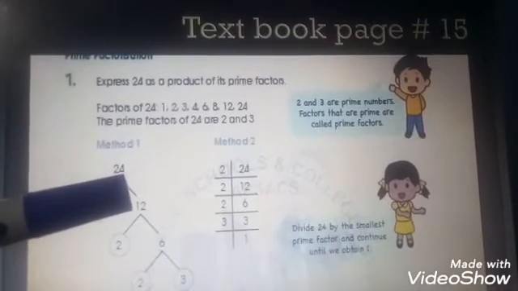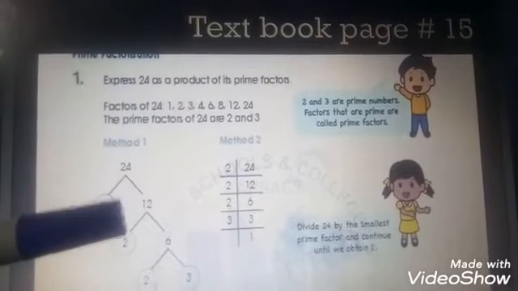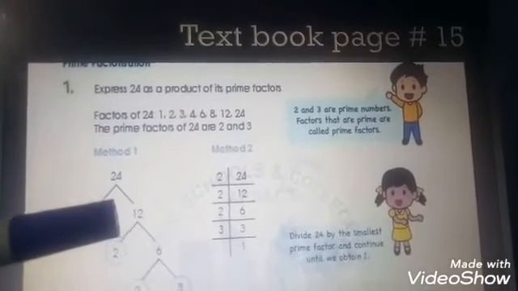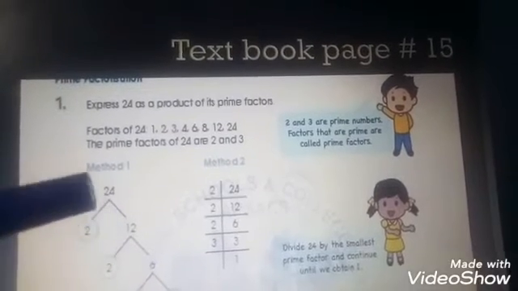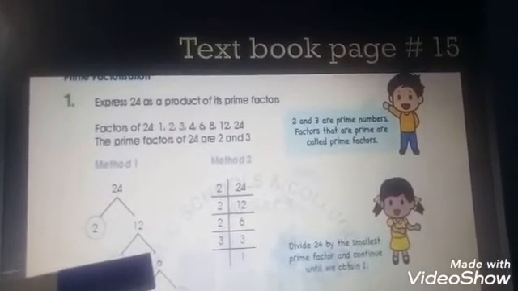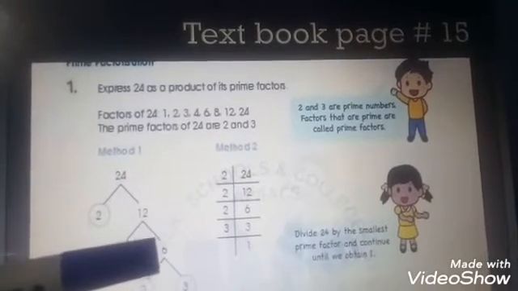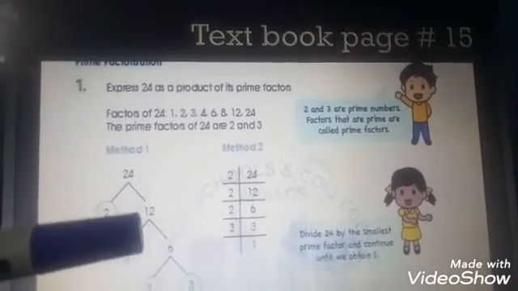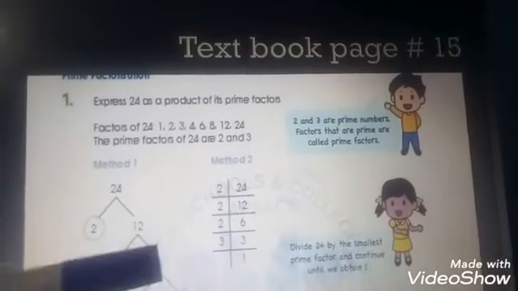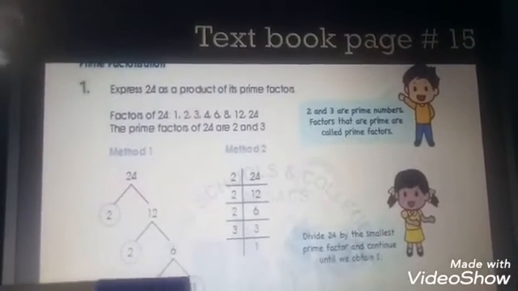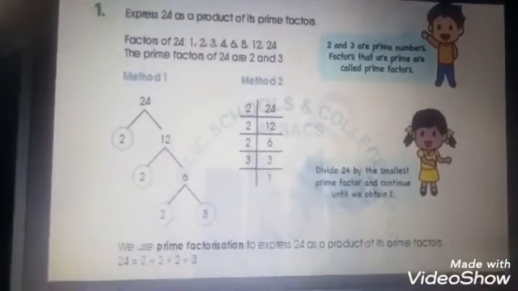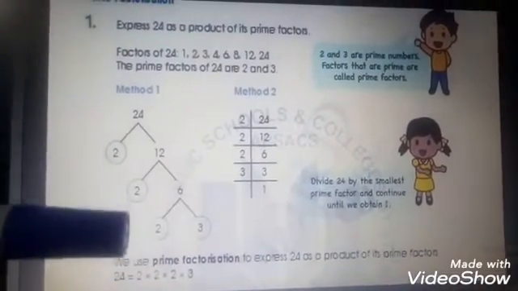Now you again multiply 2 with the number that gives us 12. So we multiply 2 with 6, which gives 12. 2 is a prime number and 6 is also a composite number. So again this is an even number. You can start with the even prime number. So when you multiply 2 with 3 it gives 6. At the last you see 2 and 3 both are prime numbers. So you don't need to continue this.